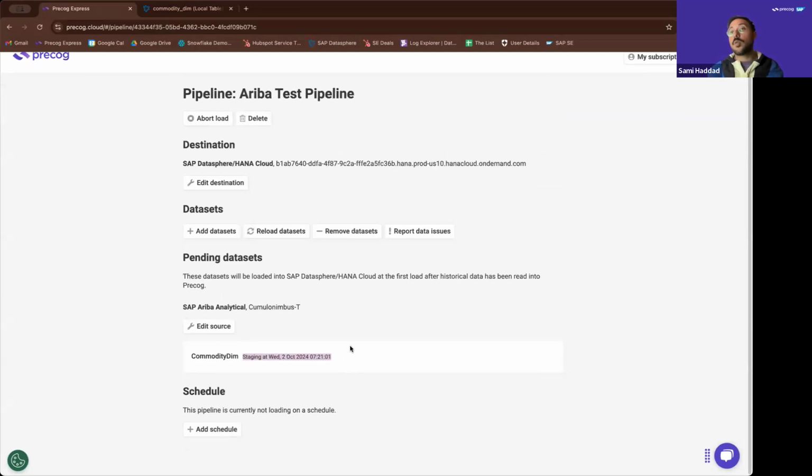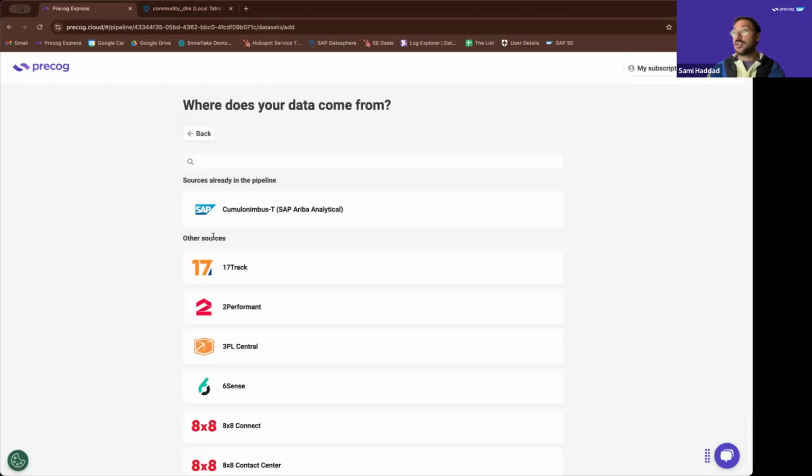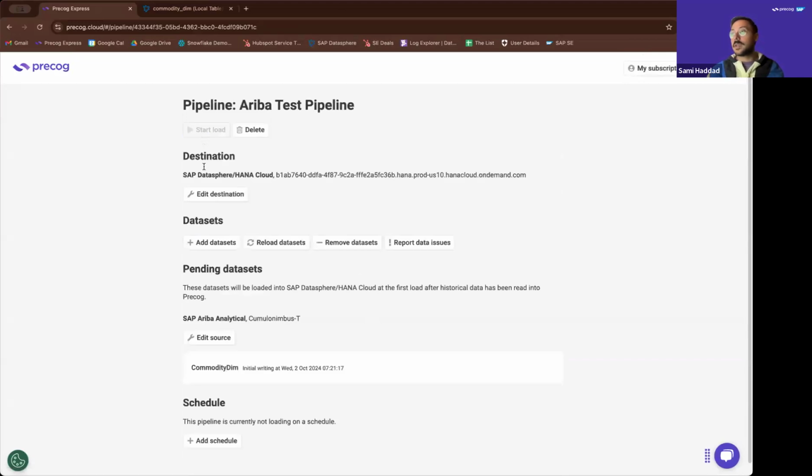Let's take a moment to walk through the flexible nature of the pipeline to show you how you can control the data that flows into Datasphere and to your destination. From the top, with Precog, you can always edit the destination. Should there be a password issue, we'll always inform you of that, and you can change that directly in the product. You may always want to add data sets. That makes perfect sense. This is a walk to run approach. You can always add those data sets by simply clicking here and then choosing your source of choice. So the pipeline is built to grow with your team's data demands.